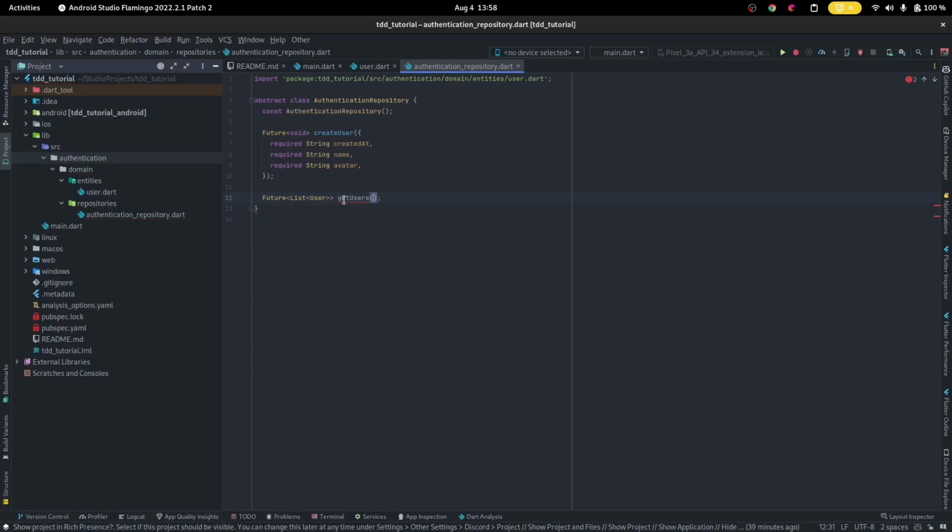So this is what we're expecting. We're defining the contract. What are we going to give to it? Nothing, because we can just query the server and say, give me all users that you've got. So this is what we have. Now, here comes the